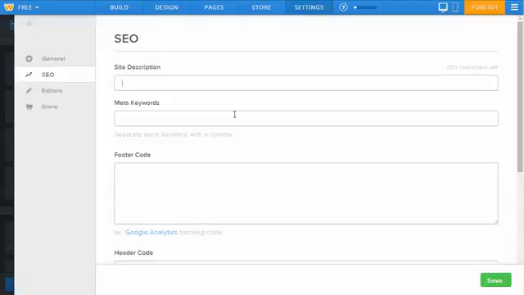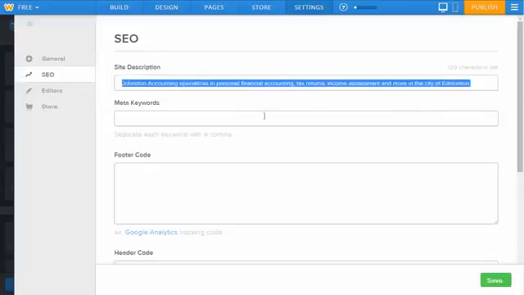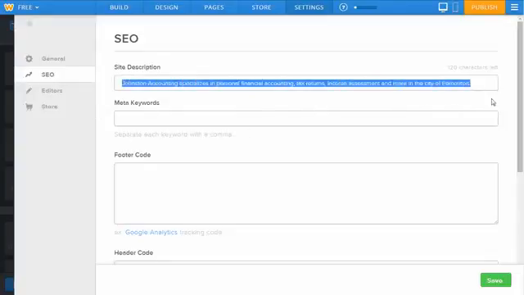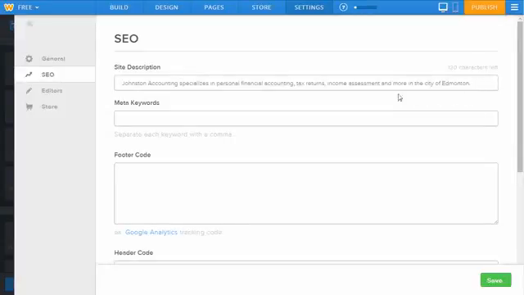So in this case, let's say again we're still an accounting firm, then we're going to put in Johnston Accounting specializes in personal financial accounting, tax returns, income assessment, and more in the city of Edmonton. We've now got a number of great keywords embedded into this description so that when someone does a Google search, if Google chooses to use the site description, they're going to see that you're in Edmonton and these are the